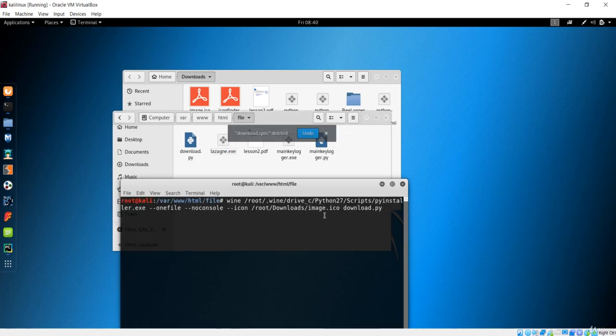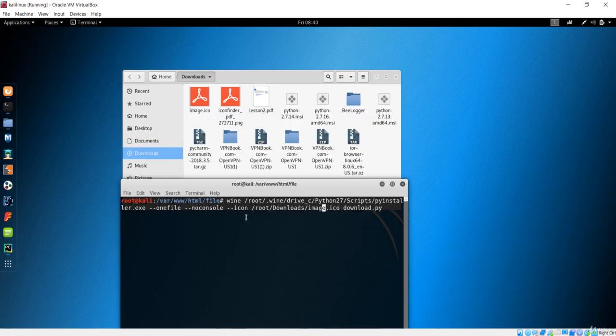The next thing we want to add is the content of the PDF. In the previous lecture we haven't added that content, so let's do that. After PyInstaller, you have to add the data. Add data is basically to add that PDF file. In my case it is in root, inside downloads, where you can clearly see the lesson2.pdf file. So lesson2.pdf is the file.